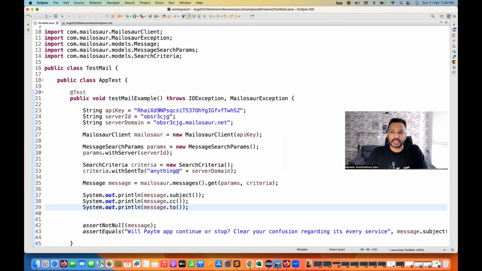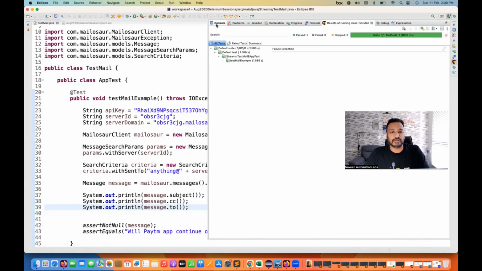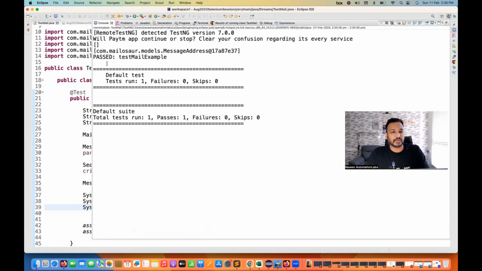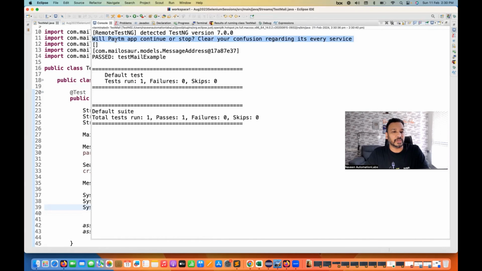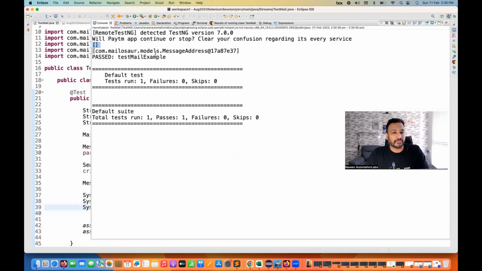So let's run it again. And you see it's very quick, very fast, the test got passed. It says that this is your subject. Will Paytm app continue or stop? In the CC, we don't have anything. You can see that we have only from and to, no CC. And from is